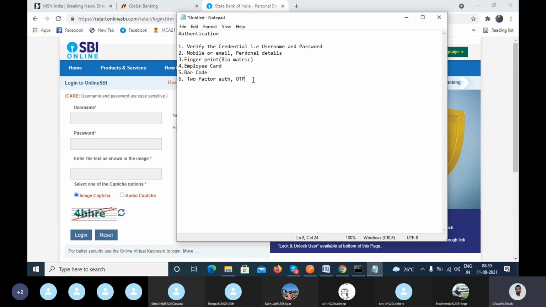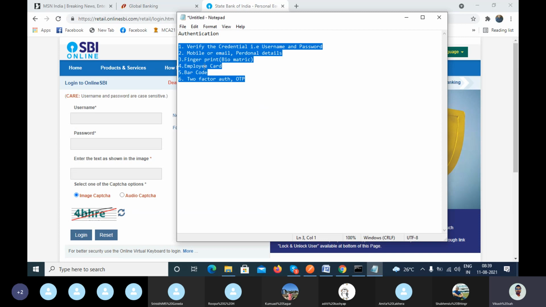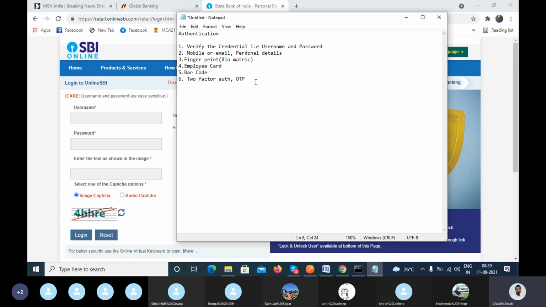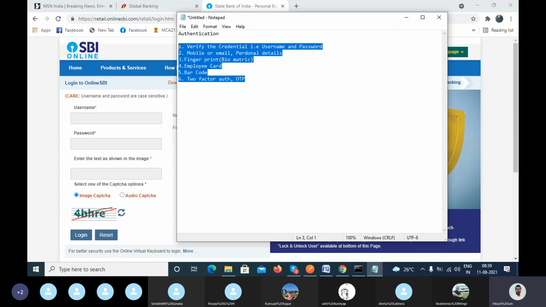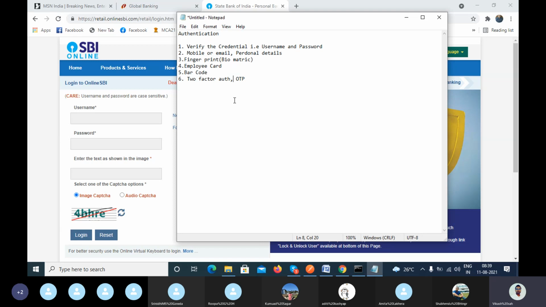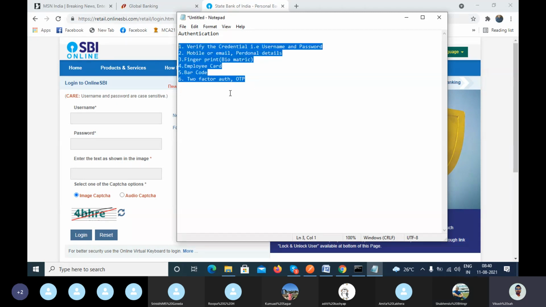So guys, these are all the authentication methods, and it depends on the application which one they use, because one application can't use all the things.